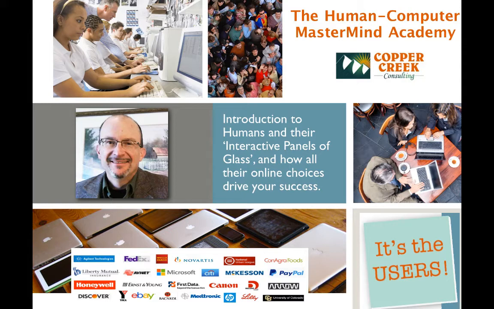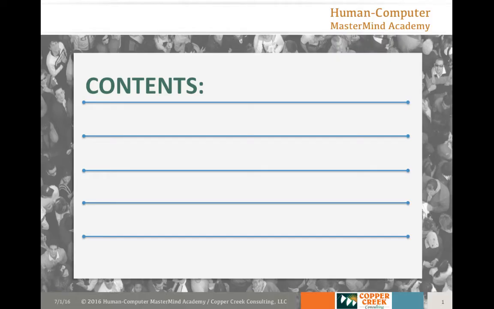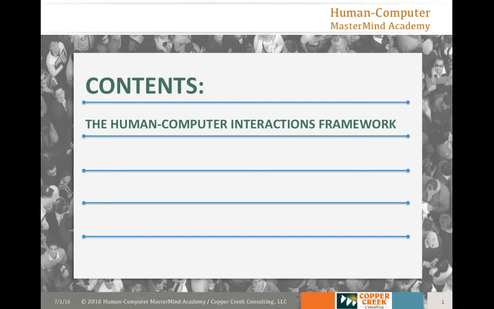And it's about how to have a big impact on everything that you do online and all your business operations and any endeavors that you happen to pursue and the interactive online components of those. So the workshop that you're about to see is organized into what I call the Human-Computer Interactions Framework. And so how this impacts your success, your business, and you will be organized into four major realms. And because we're talking about human-computer interactions, that's the basic organization of the framework.